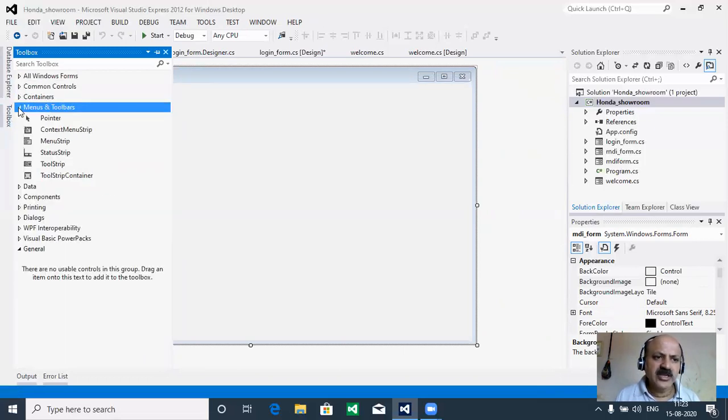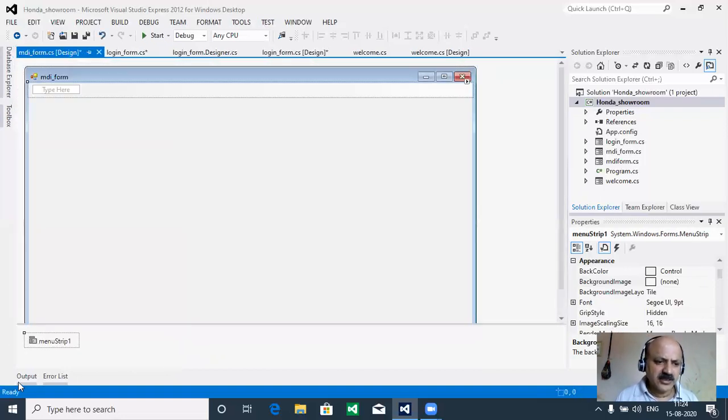So we can take the MDI menu. Like in ASP.NET, there is a menu, and multi is the best combination of programs. In the same way in MDI, in that form we can take the menu, and then the appropriate form is opened: we take the memory allocation of that form, and the object.Show method is there, so that form is open. So here we can take the menu, and it appears in the tray bar, and you just have to select.